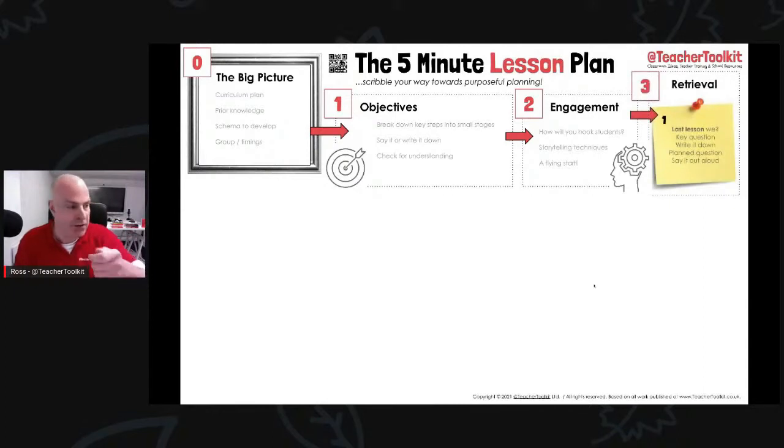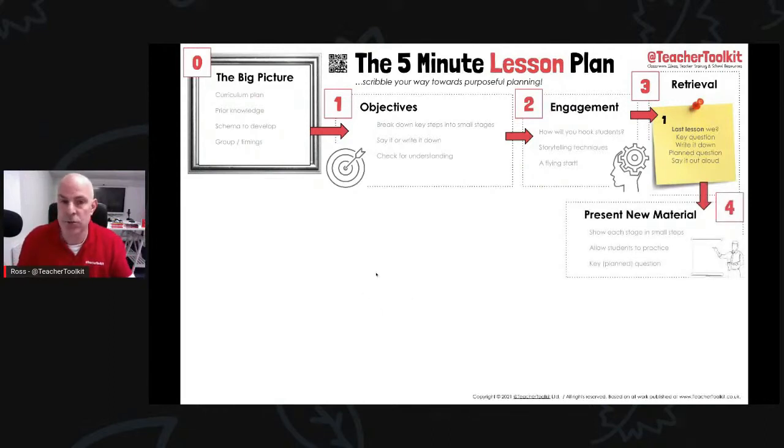Stage 3, retrieval. So this is the first key moment in your planning. If we just ask children or students, I should say, what we learned today, that's easy. To shape memory, learning, long-term retention should be hard. So we must ask, what did we learn last lesson? And again, we need to quiz this with our students to check where they all are so that we can decide where to move forward. I guess the key one here for me would be to ensure that you plan what the key thing is you will test when you next meet your students.